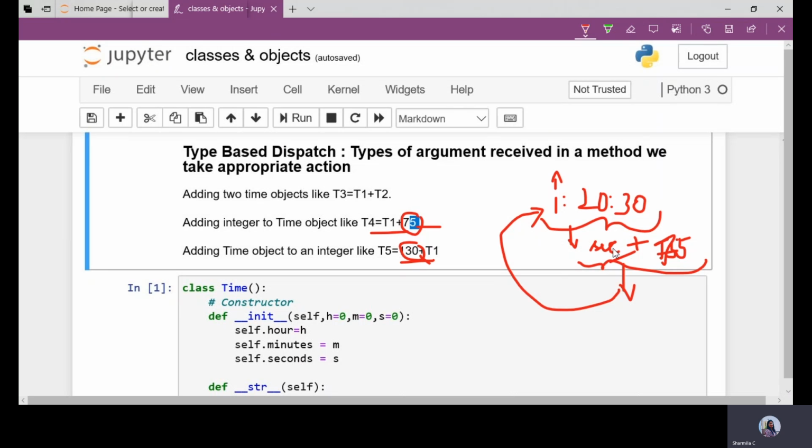And after adding some integer value to the seconds, again the conversion can be done by dividing these seconds by 60, and we'll get both the quotient and the remainder. The quotient is considered as minutes and the remainder is considered as the seconds. Then once again take the minutes and divide by 60. Again we'll get both the quotient and the remainder, and once again the quotient is considered as hours and the remainder as minutes. This is how the conversion will be made.